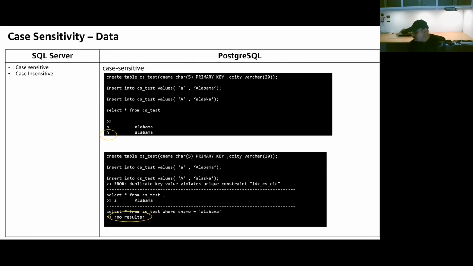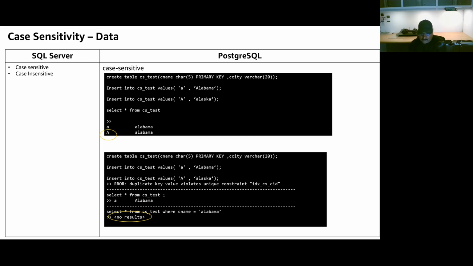All right. Case sensitivity. This is very important for the DBAs migrating their applications from SQL Server to Postgres. Why? Because SQL Server can be made case insensitive or sensitive at any level: the instance level, the database, table and column. At various degrees, you can apply this case insensitivity or sensitivity with different collation settings, right? But Postgres is purely case sensitive. There are some options available to make it case insensitive that I will cover in the next slide. But remember that Postgres is purely case sensitive.